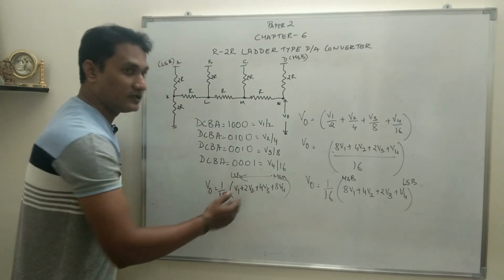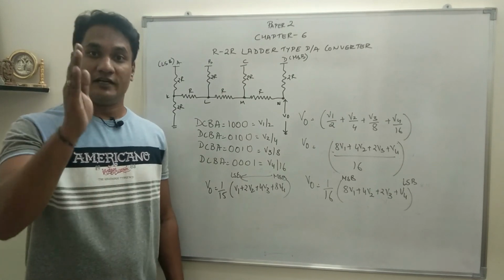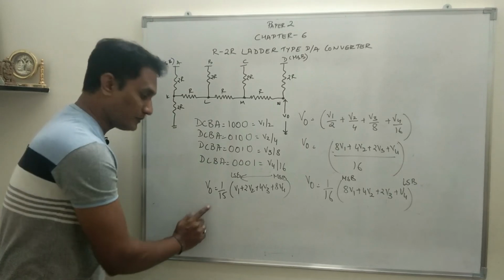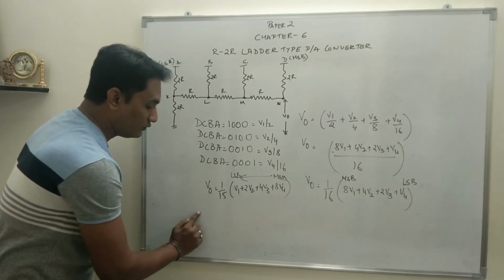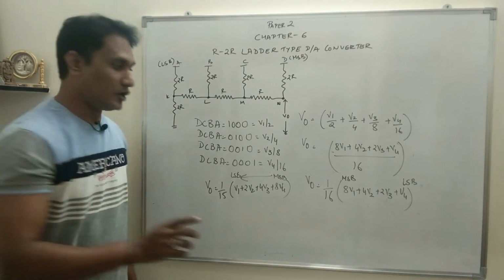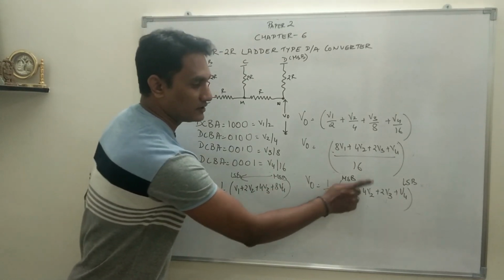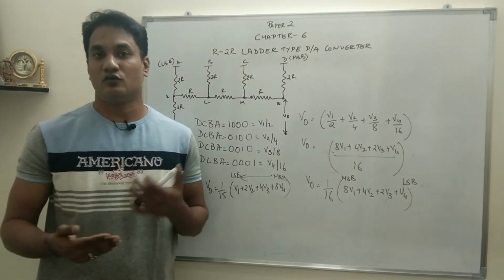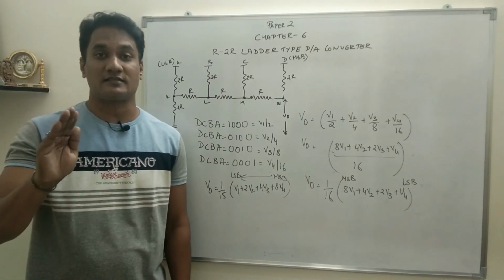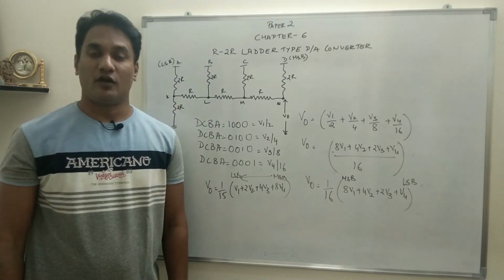So while substituting the digital input in the circuit, that's why I said when you solve a problem, every time you write the equation, specify LSB and MSB, write the binary value, and specify LSB, MSB, V1, V2, V3, V4, so that while substituting there is no confusion, because these two things are different. Here V1 is LSB, V4 is MSB. Here V1 is MSB, V4 is LSB. Now when we solve numericals based on the R2R ladder type, you will understand how exactly this digital input has to be applied in the formula. I hope you have understood.